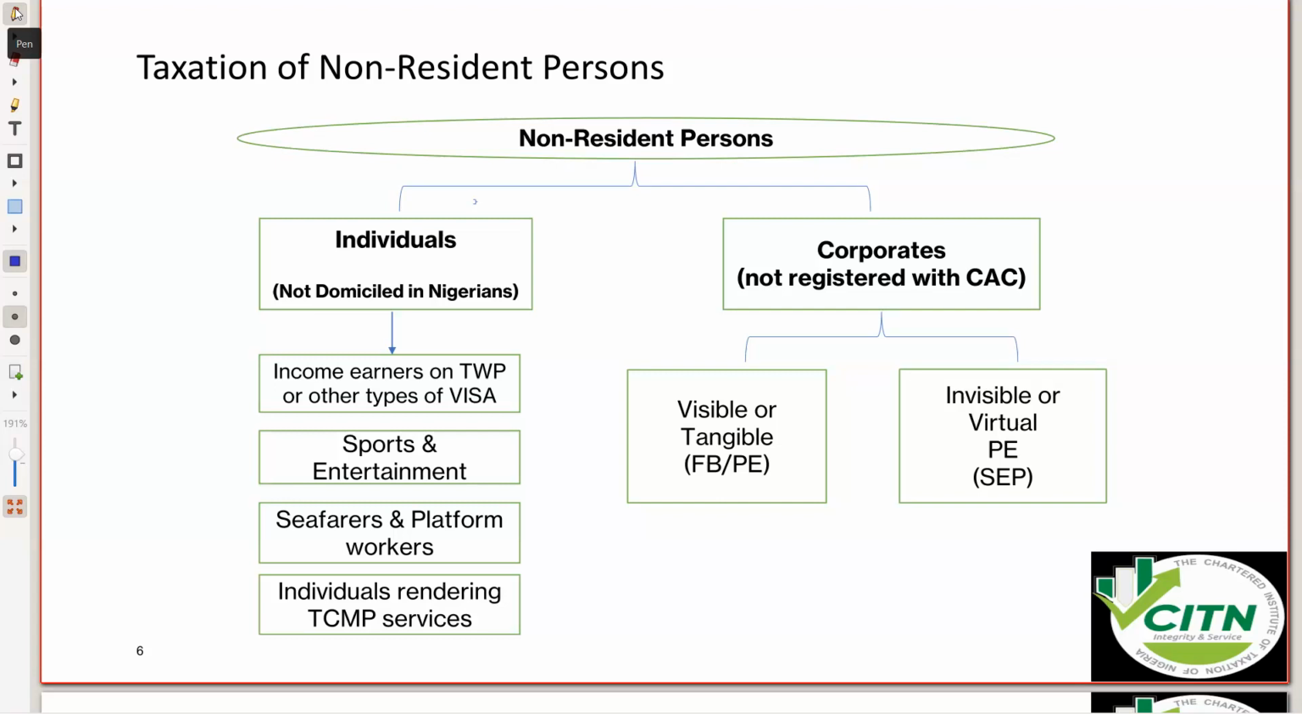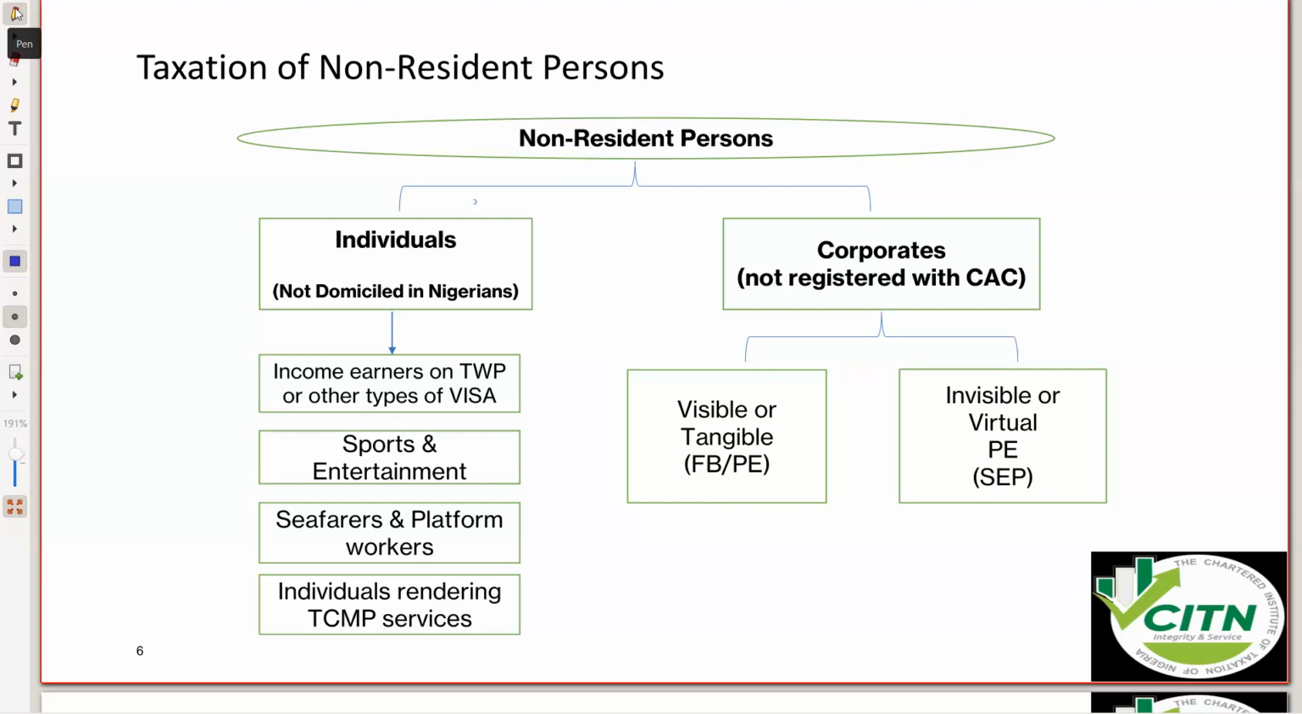Now, when we say non-resident corporation, a company, we're saying companies that are not registered with the CAC, but they earn income from Nigeria. And when it comes to non-resident corporation, there are two main groups of it. One is the fact that the company is not resident in Nigeria, but they have a fixed base or a permanent establishment in Nigeria. We're going to speak a little bit more on what this concept means, but just to explain briefly,